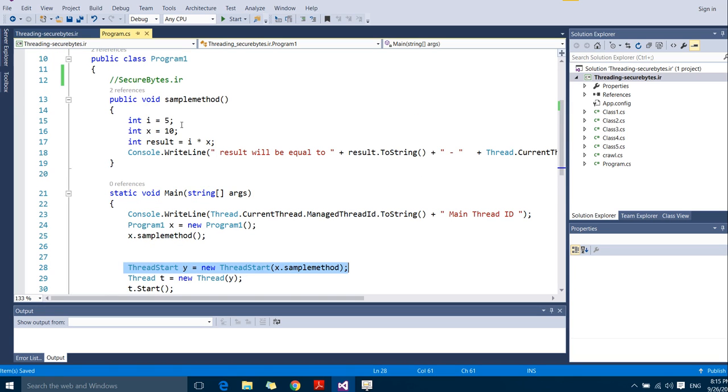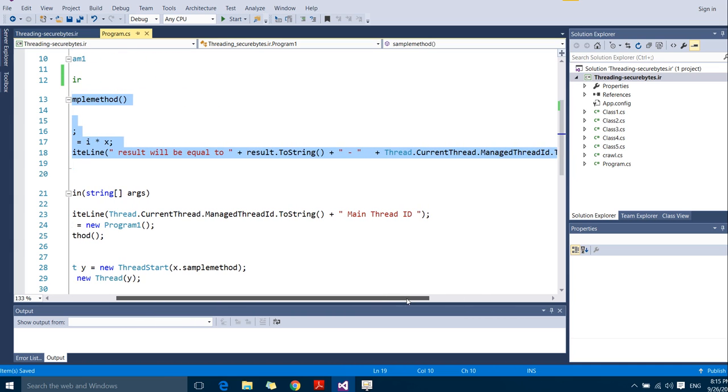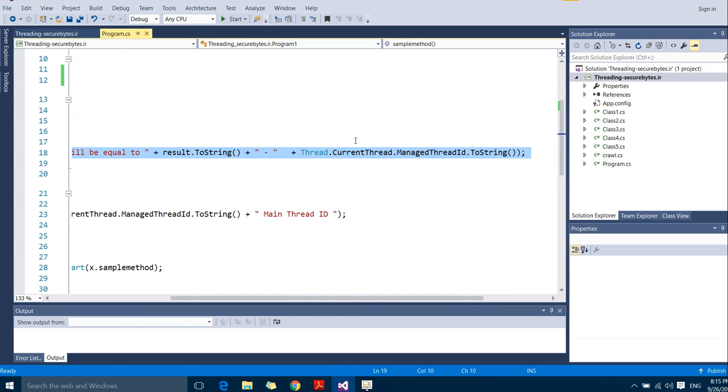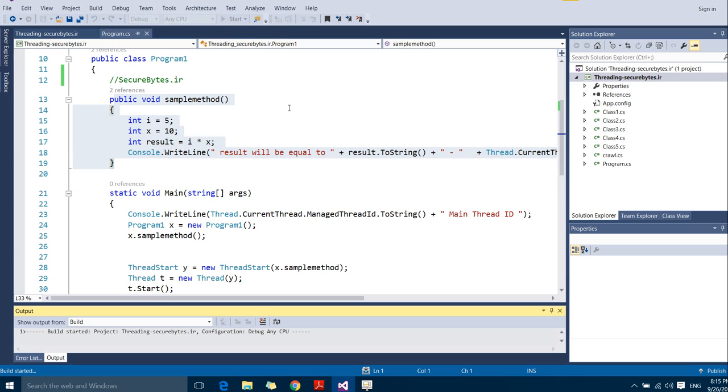As you can see in this method, the sample method contains a very simple calculation that I will multiply by x, and the result will be echoed to the screen, and you can see the current thread managed thread ID will be shown. As you can see, if I start this program,